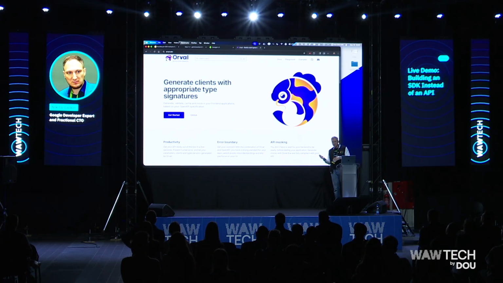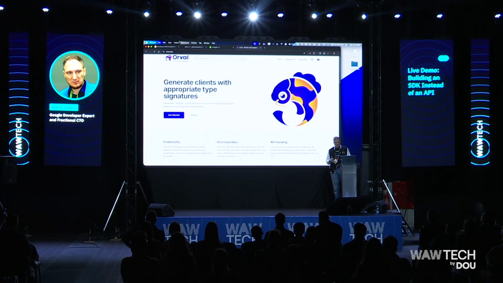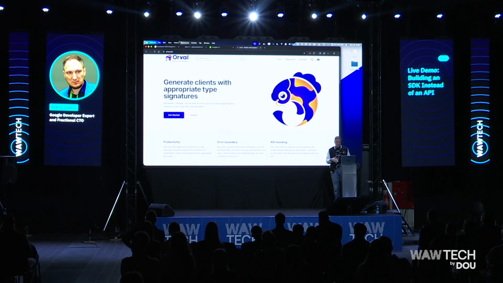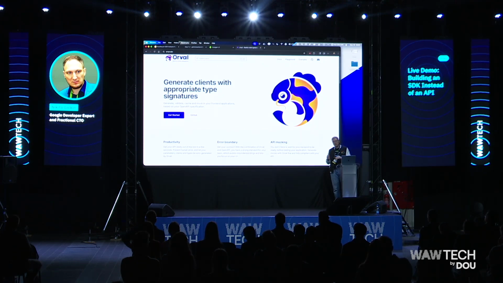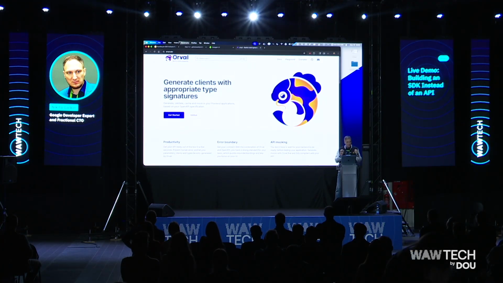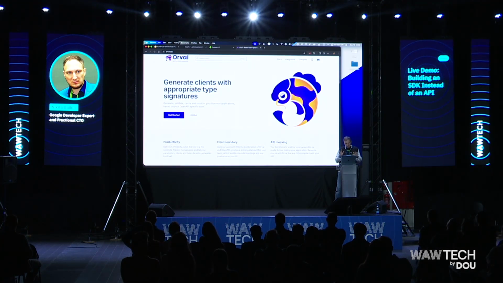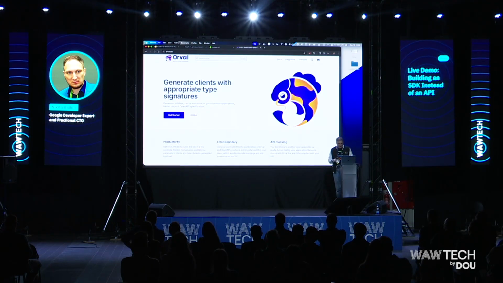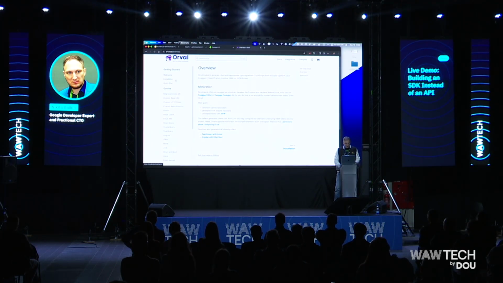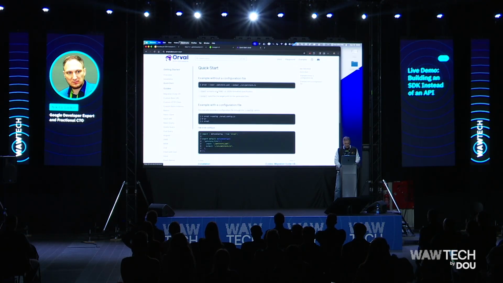If you need to generate another kind of client, for example for GraphQL, those are different tools better suited for that. If you need to generate some other type of code, I also have slides for that. So, Orval helps you to do these things.